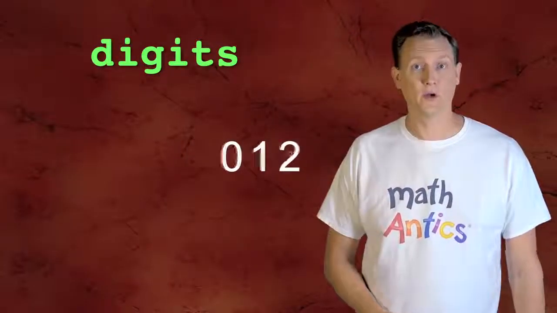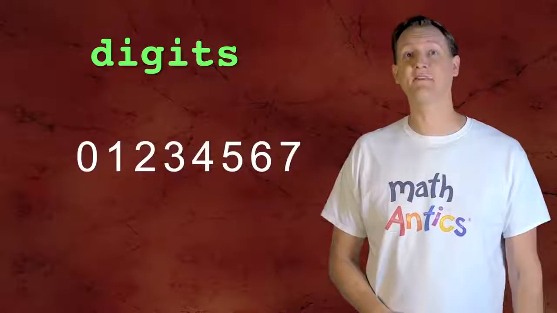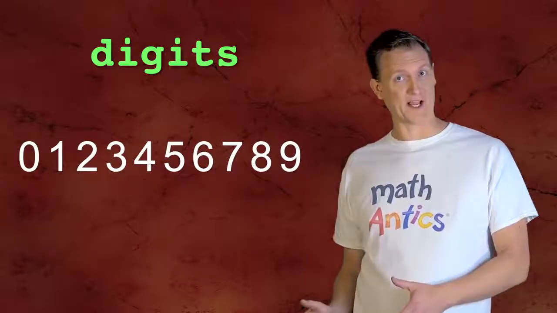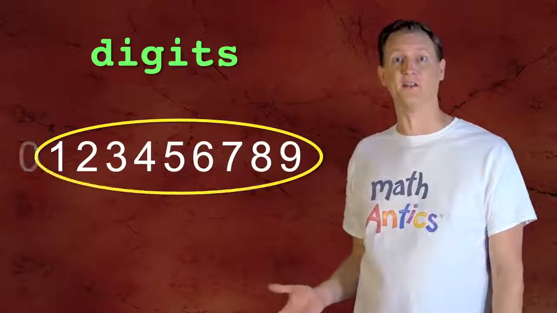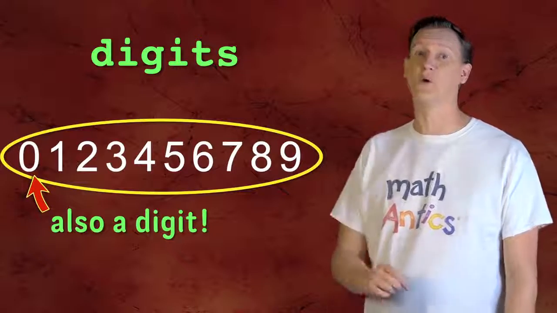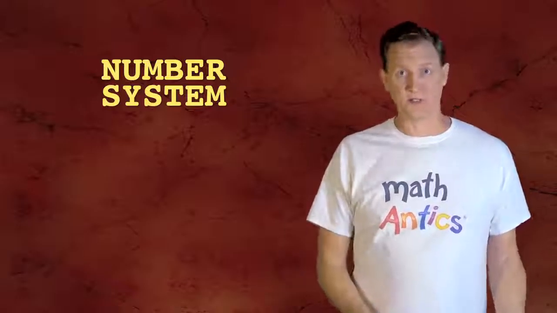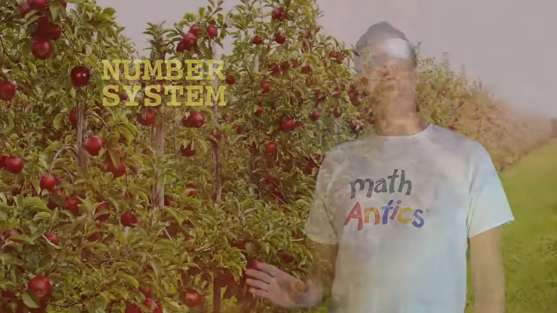The 10 symbols that we use are called digits, and they look like this. 0, 1, 2, 3, 4, 5, 6, 7, 8, and 9. At first glance, you might think that that's only 9 digits, but remember, the 0 counts as one of the digits also. To see how our number system uses these digits to represent amounts, let's pretend that we have an